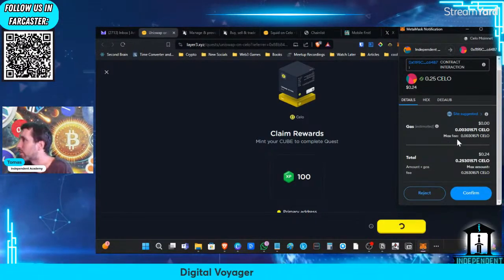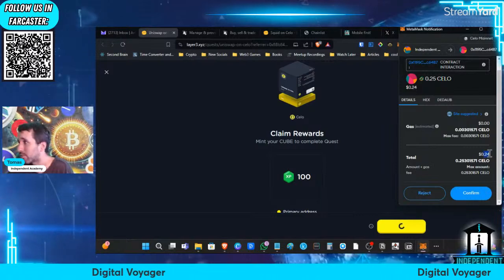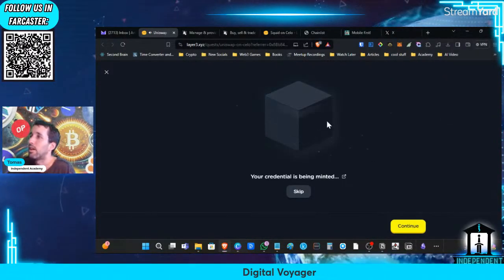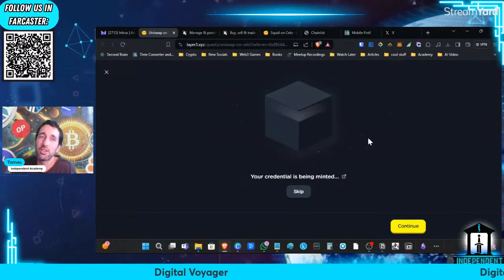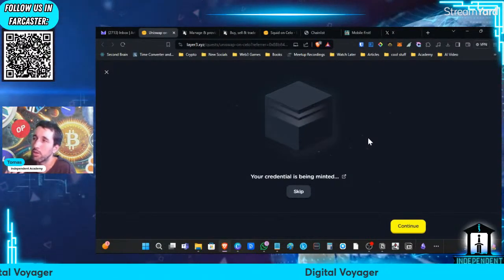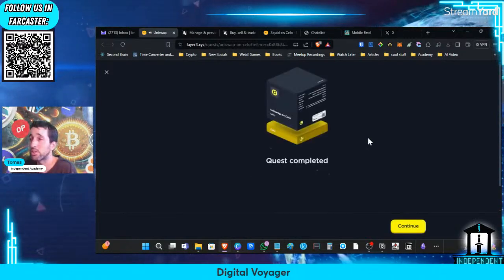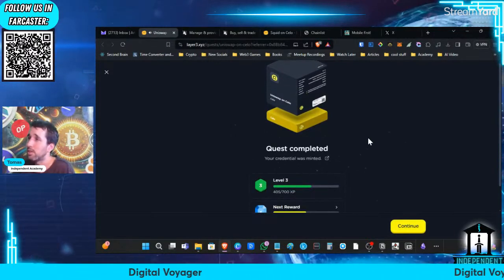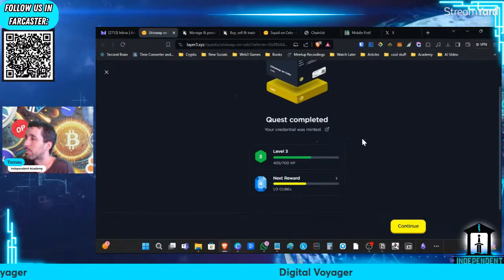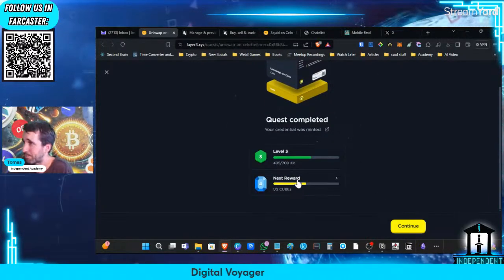And now it's going to cost us 24 cents to mint it. It's okay. I like getting all these on-chain credentials. Like I said before, I think it is one of the ways that the projects will determine who is interacting with each ecosystem. And I think it's going to be a way for us to get potential rewards in the future.